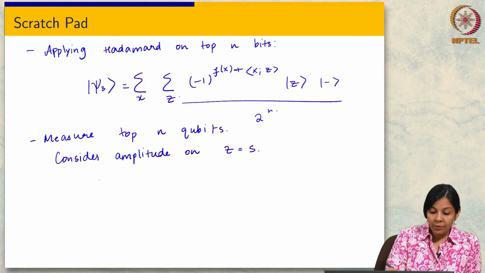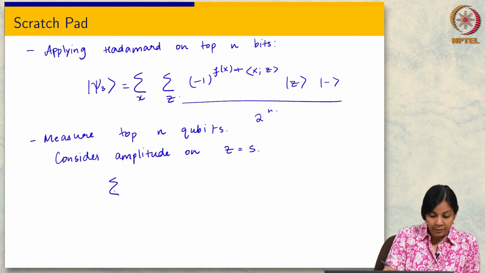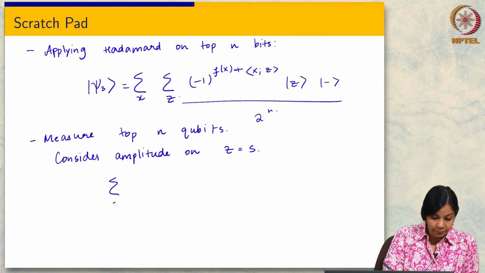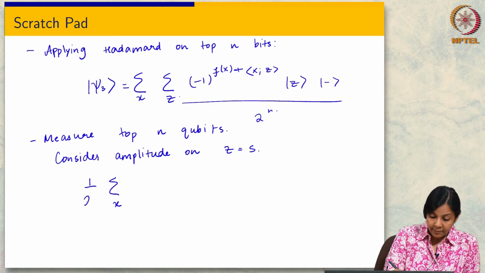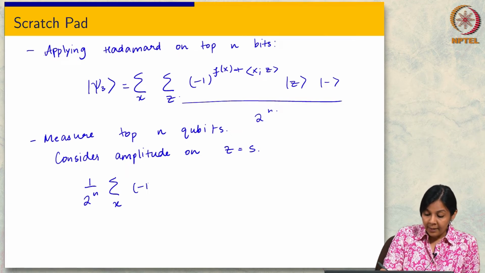Okay, so what do you get? So you get the summation over x of minus 1